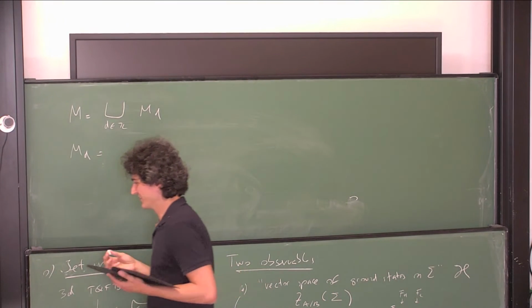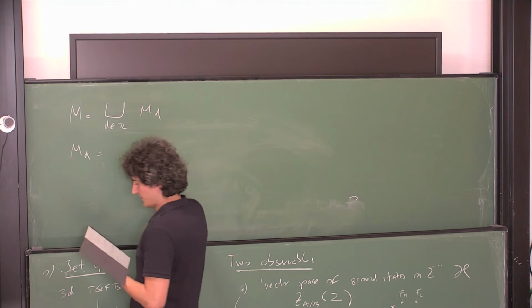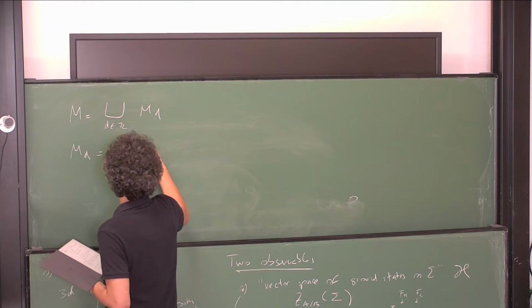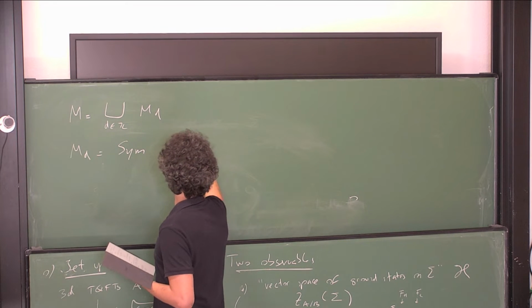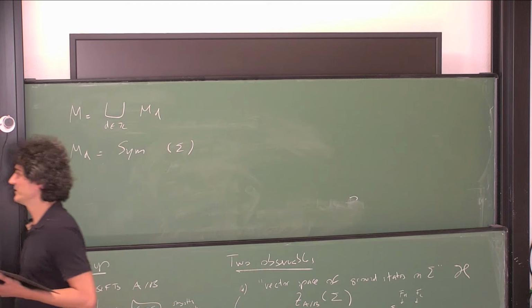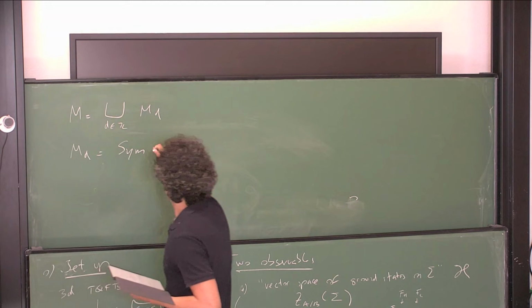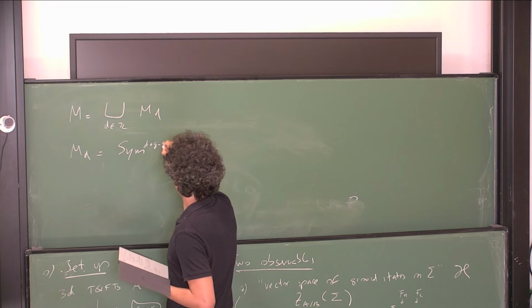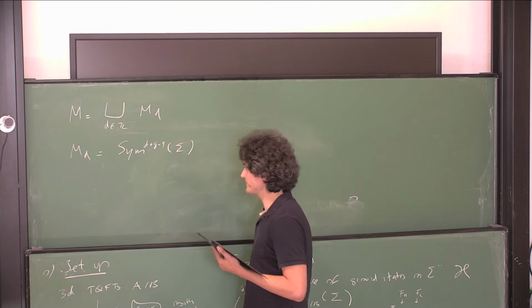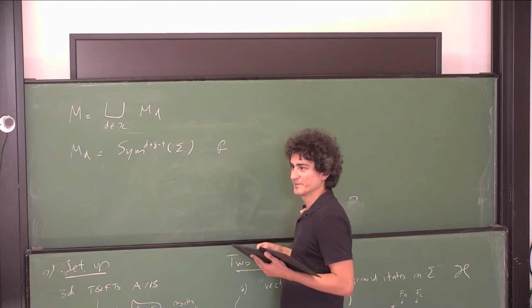Sorry, the location of the centers of the vortices. And so this is going to be a symmetric product of sigma, parameterizing the vortices, whose power depends on the degree of the line bundle. So this parameterizes divisors P on sigma